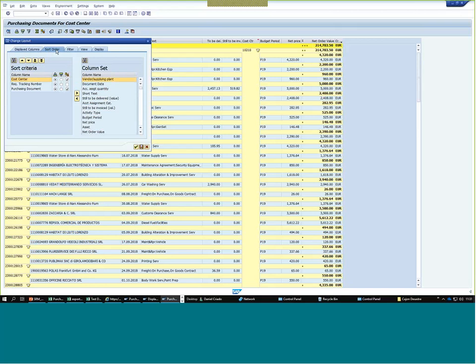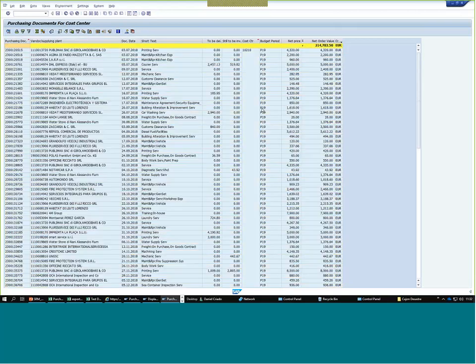I'm going to sort, let's say, you go to the sort tab and you see that some of these columns have been sorted, and on top of that, 2 of them have subtotals. Those subtotals are those yellow rows in your report that make it a bit difficult to understand. So let me just remove them. I'll click apply. Okay, so I have my net order value on the top,